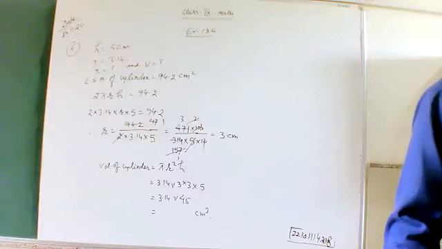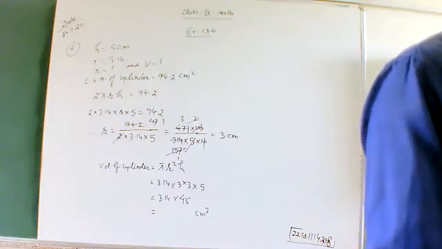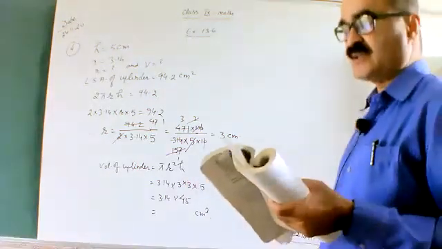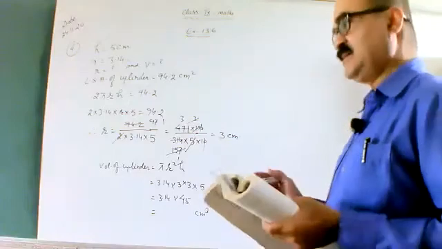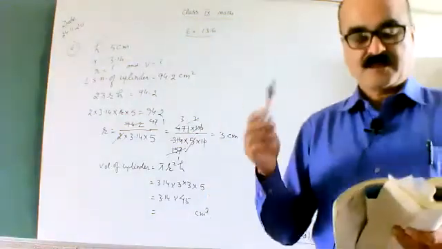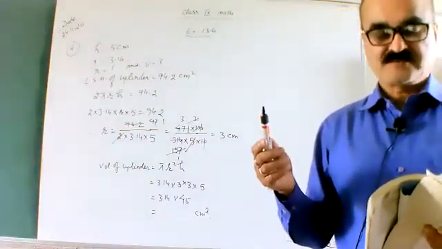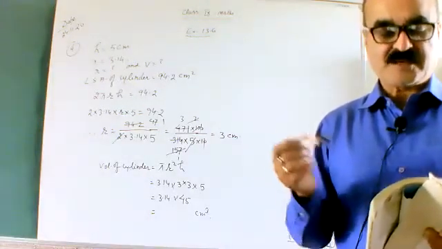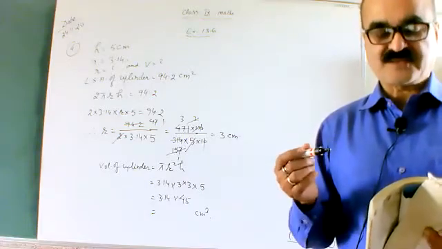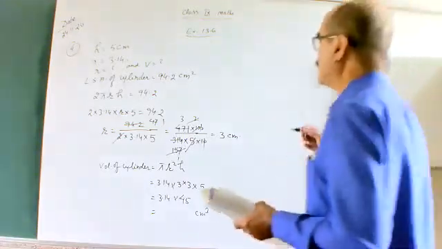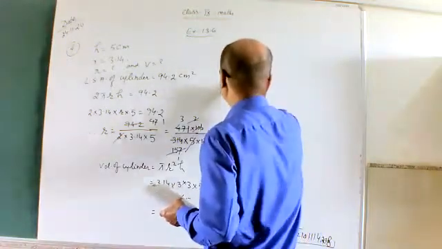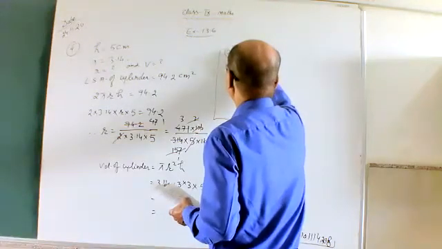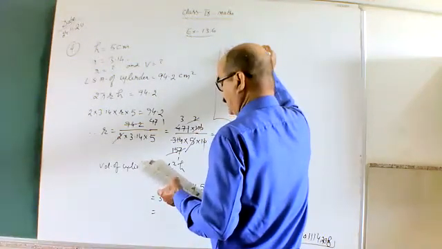Now, the next question is question number 5. It costs rupees 2200 to paint the inner curved surface area of a cylindrical vessel. Right? There is a cylindrical vessel, and you have to get the inner side painted, right? And the depth of this is 10 meter. So depth means height. So in question number 5, depth means height. Height is given as 10 meter.